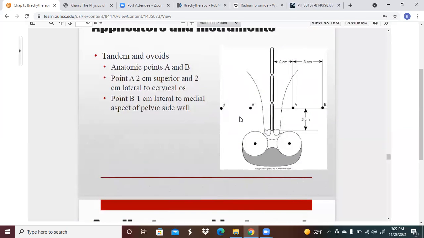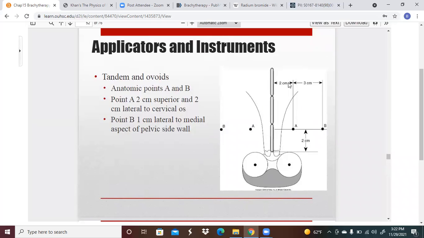There are certain points that, when you planned on film, you wanted to take note of. Point A was 2 cm superior and 2 cm lateral to the cervical os. So you've got your os here, so you're up 2 over 2. This is supposed to be where the uterine artery crosses